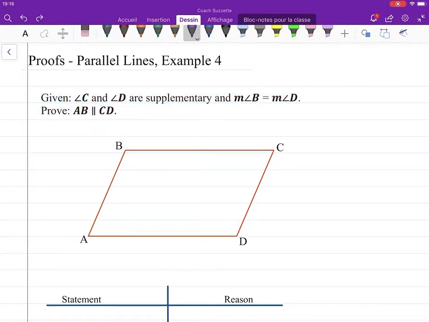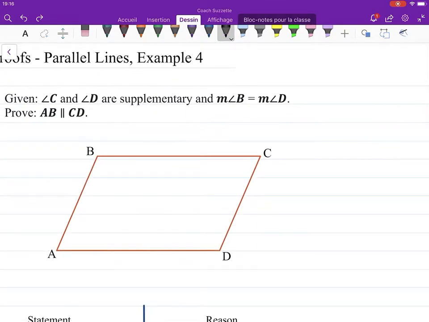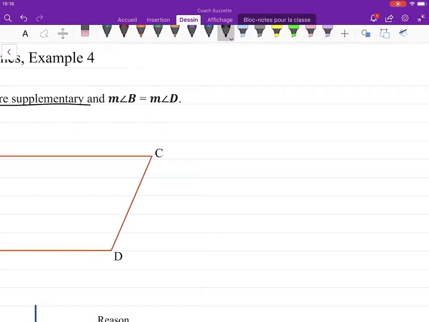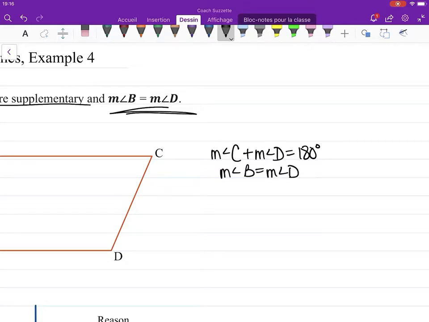So let's write out our thoughts to the side and see what we come up with. If angles C and D are supplementary, then that means that the sum of their measures is 180. So measure of angle C plus the measure of angle D is equal to 180 degrees. And we're also given that the measures of B and D are equivalent. So by substitution, we can put this here. And so angles B and C are supplementary,